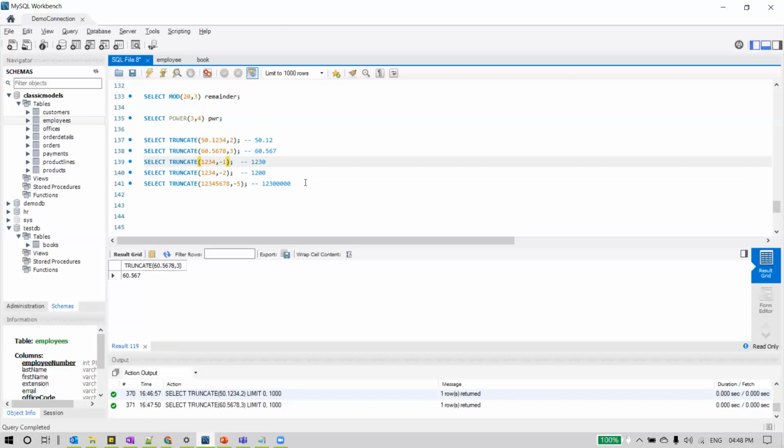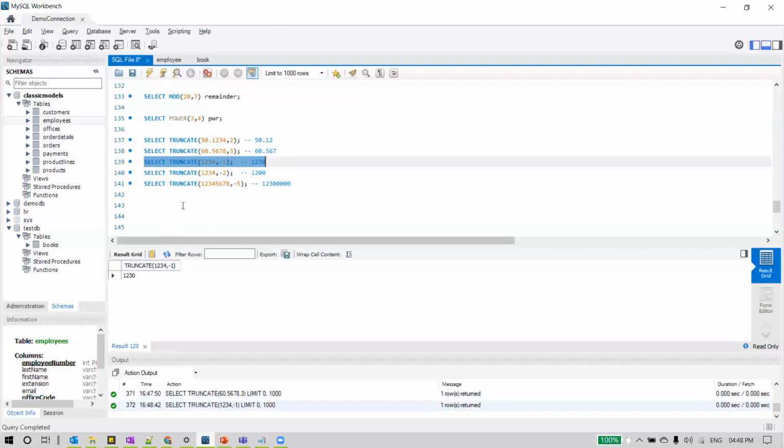In that case, the entire number will be displayed, and a 0 will be added for the last position. Why only the last position? Because it is specified as minus 1. What that means is that from the number we provided, ignore the last digit and replace it with 0, is what the truncate function does.